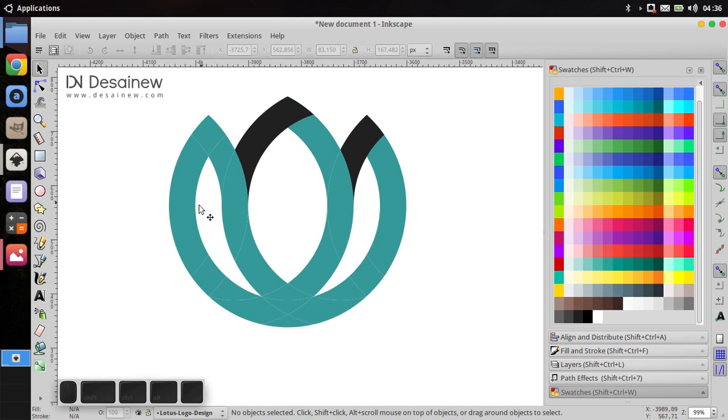Okay, for this object section, I mean all sections except the objects that will be used as part of the shadow, you can unite.